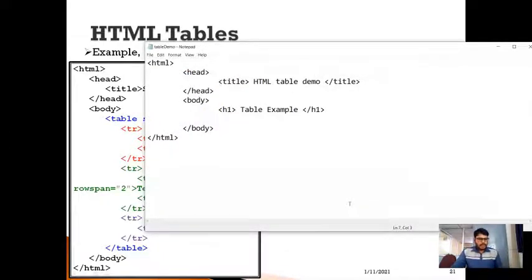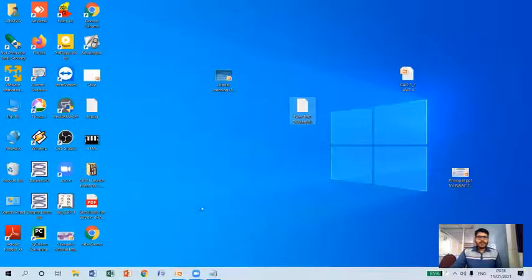As you can see, if I go to desktop, it has created one HTML file with the name table demo, which I have specified. Now if I double click on this, it must display a title.